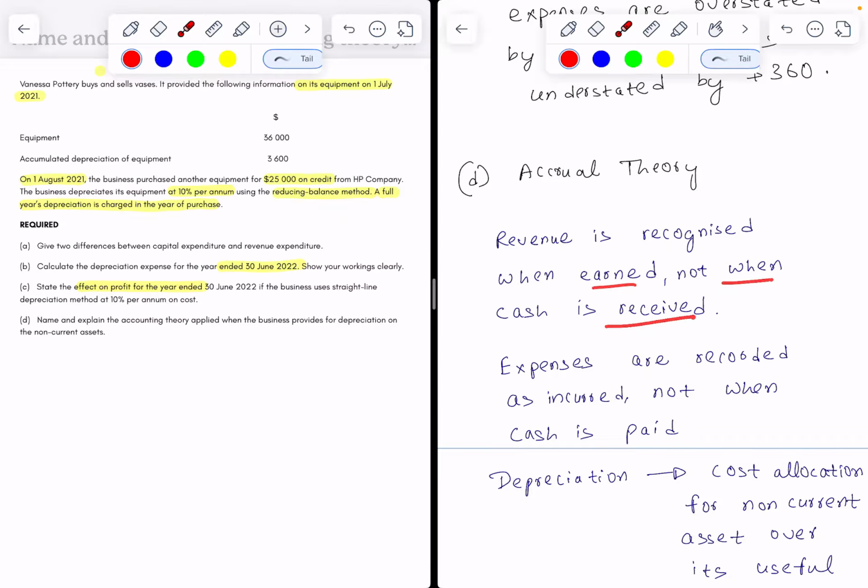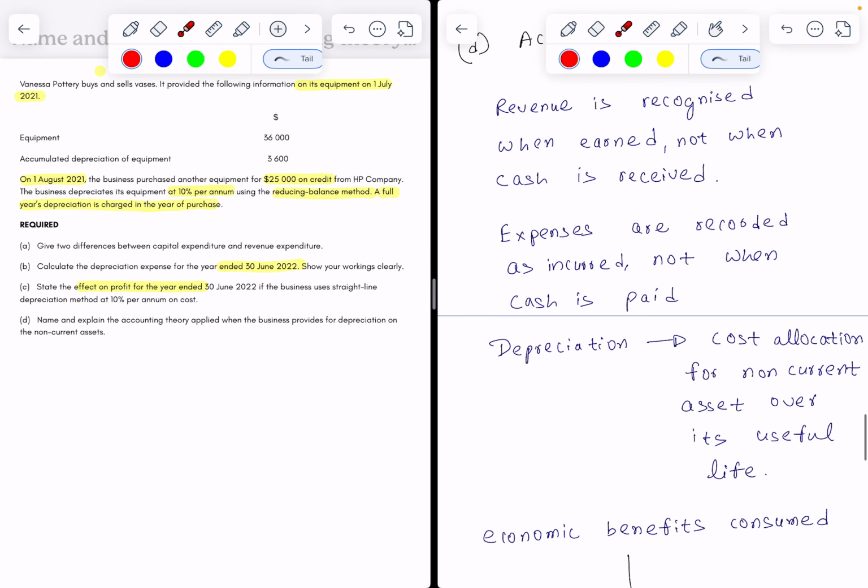All right, so if you have made some sales on credit, or if you have provided some services on credit, you have already earned the right to that specific revenue, right? So regardless of whether you receive the cash or not, you're still going to count it as your revenue because you have fulfilled your obligation as the business owner. Then we have got the expenses, which we record as they are incurred, not necessarily when cash is paid. So if you think about depreciation expense,